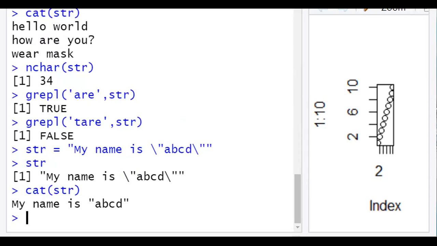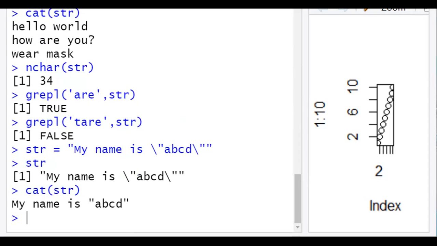For new line, we can use \n. For carriage return, it is \r. For a tab, it is \t. And for backspace, it is \b. Those we can utilize. If we want to use the backslash itself, then we can escape the backslash with another backslash. That's it.